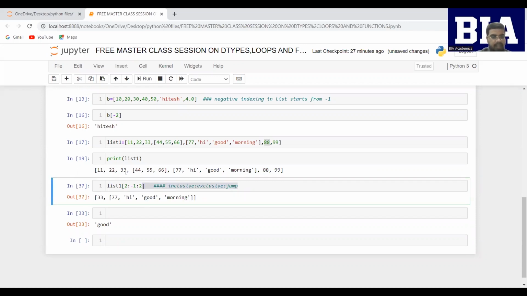See, what it has done is it started from 33, it left 44, 55, 66. It is treating 44, 55, 66 as a single element, and then it jumped to 77, this list, and then it jumped to 99, which is excluded because I have excluded my 99, which is -1. My only output left was 33 and then this list. Okay,